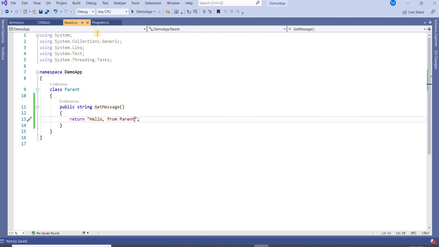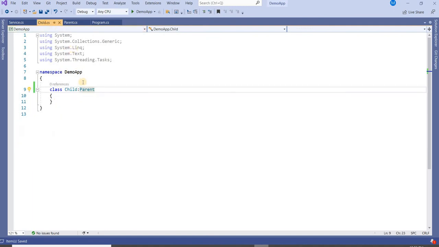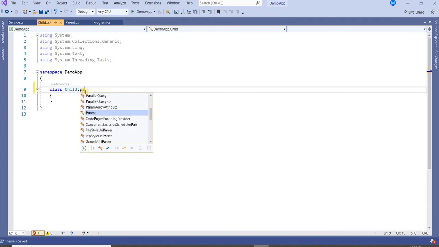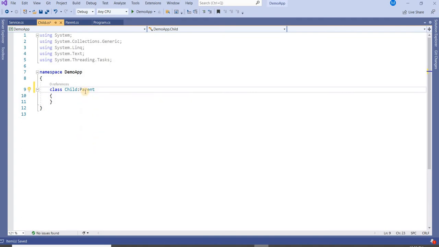Now inheritance says that if I use the child class and inherit here, this is the syntax to inherit from another class: just use the colon, then the parent class name here.